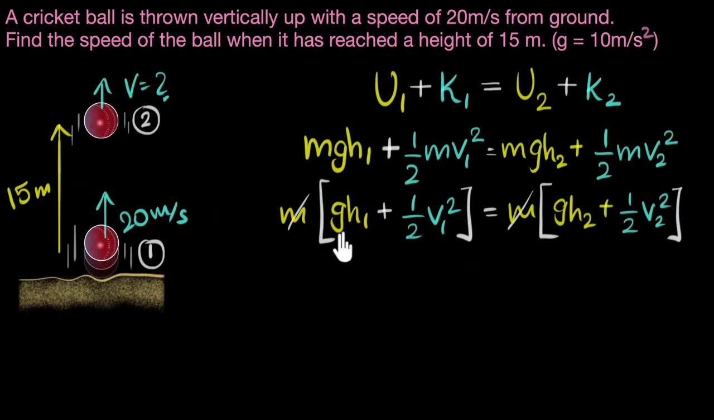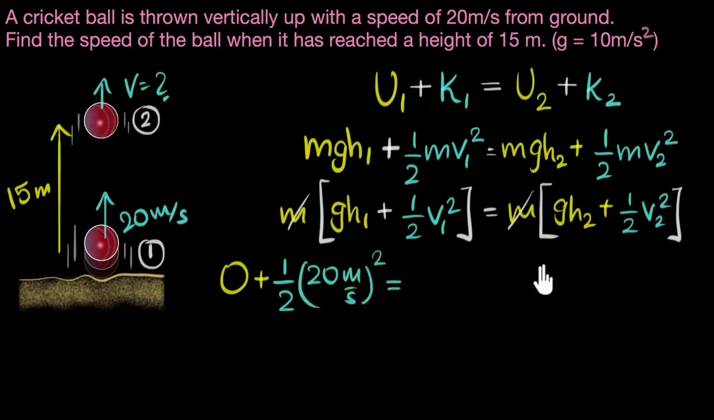Okay, let's substitute. So h1 is 0, therefore this will be 0, plus half v1 squared. What is v1? v1 is the velocity at this point, so it's 20 meters per second. That should equal g times h2. g is given as 10 meters per second squared, times h2. h2 is 15 meters